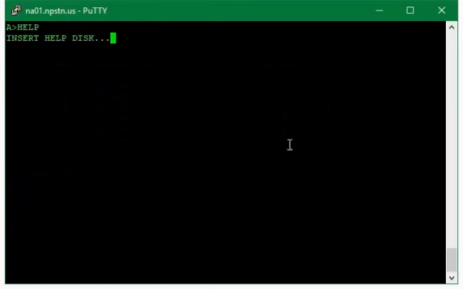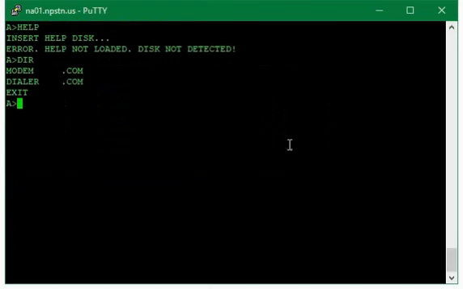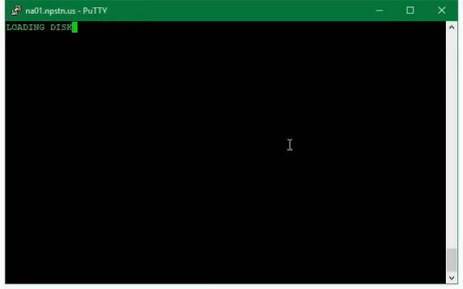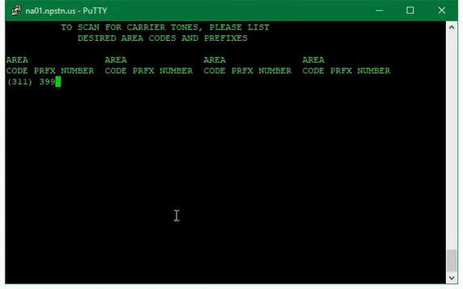If you type dir, that'll list everything available. So basically modem.com, that will just redial into the Seattle Public School District computer. Everything else is in dialer.com, as you can see. And if we load that program, this menu you didn't see in the movie, but it's basically just a toggle that allows you to go between two different things. And so if we type run here, you'll see this familiar screen from the movie,